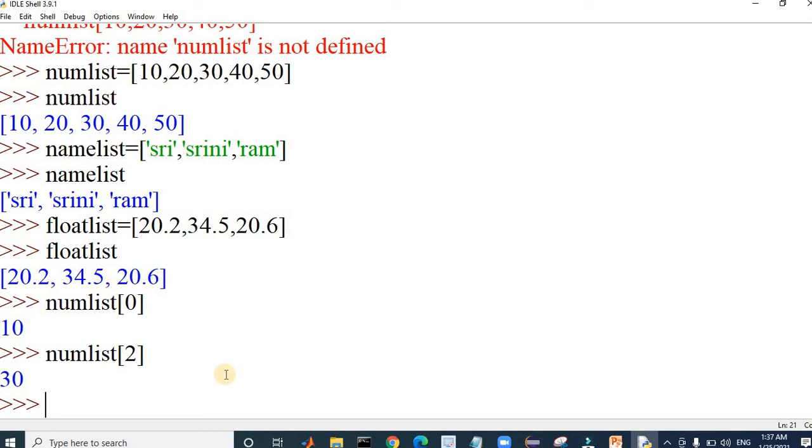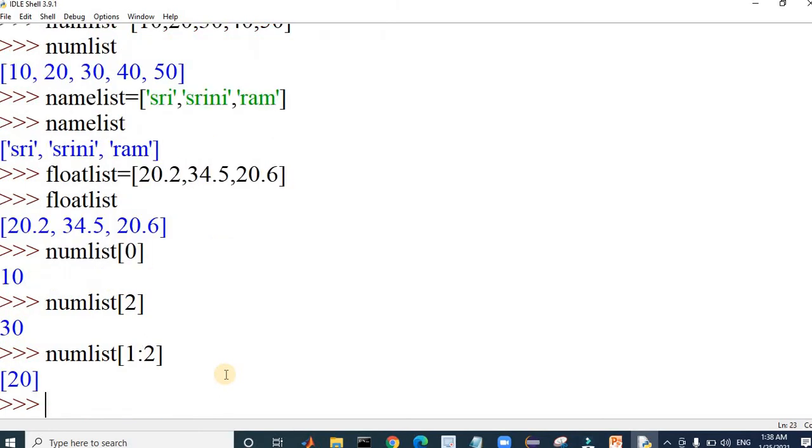What if you would like to print from a specific element to a specific element in the list? Let's see how it works. If I want to print the second element till the third element, you need to use colon as I just covered. It prints 1:2, that is 1 to 2.